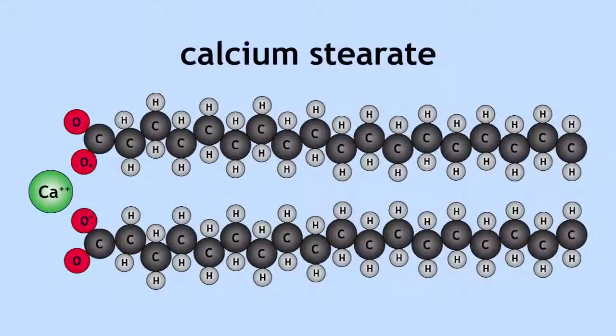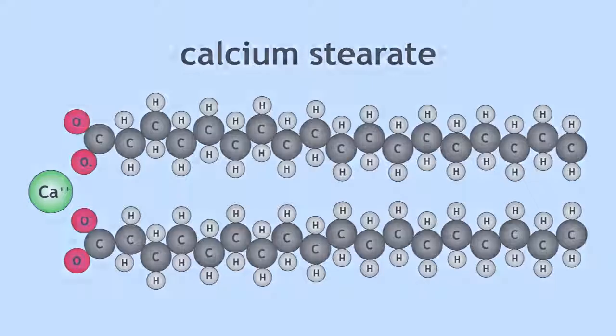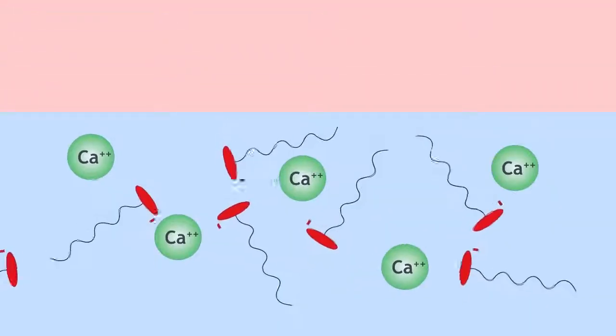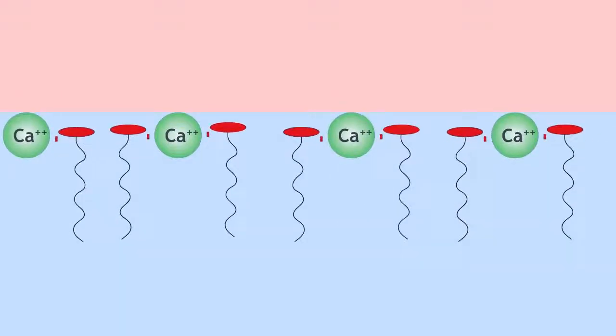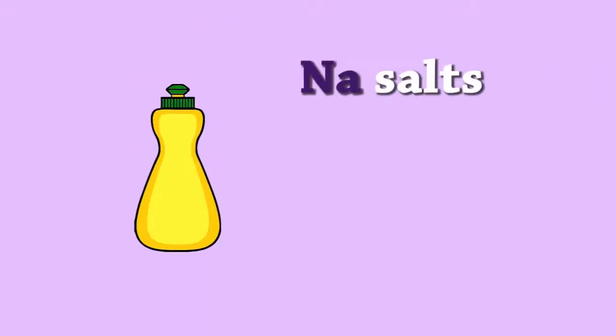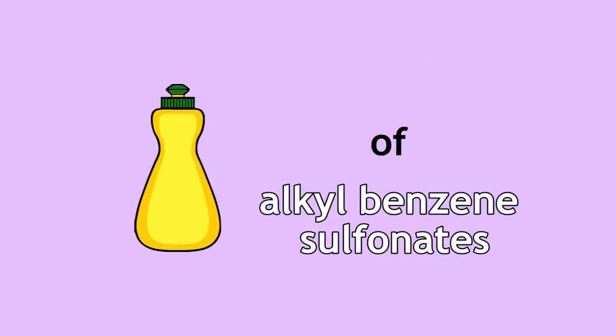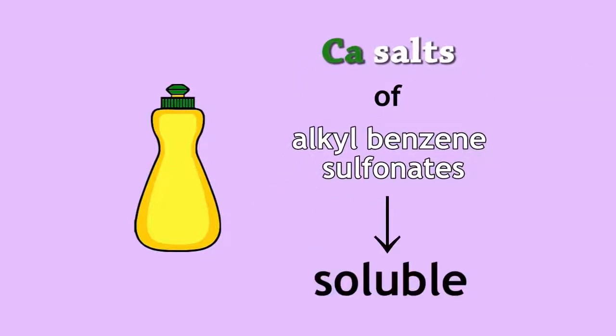However, calcium stearate is insoluble, so if the water contains calcium ions, the soap will not work until all the calcium ions have been precipitated out as scum. Detergents are sodium salts of compounds called alkyl benzene sulfonates, whose calcium salts are soluble, so there is no problem